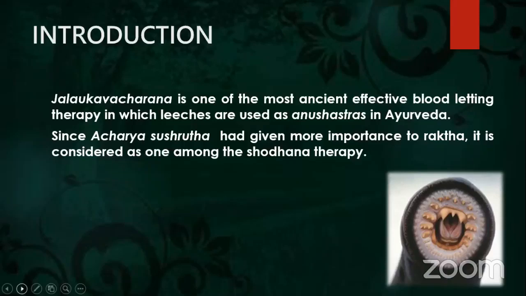According to Acharya Shushruta, there are 5 types of Shodhana therapy. That is Vamanam, Virechanam, Basti, Nasyam, and Raktamokshanam. In Raktamokshanam, Jaloka Charana is considered one among the bloodletting therapies. In Raktamokshanam, there is Shastra Krit and Ashastra Krit. Shastra Krit is done with sharp instruments, an invasive method, and Ashastra Krit is without using any sharp instruments. Jaloka Charana comes under these